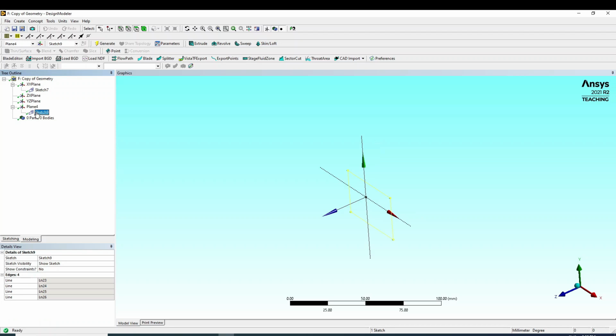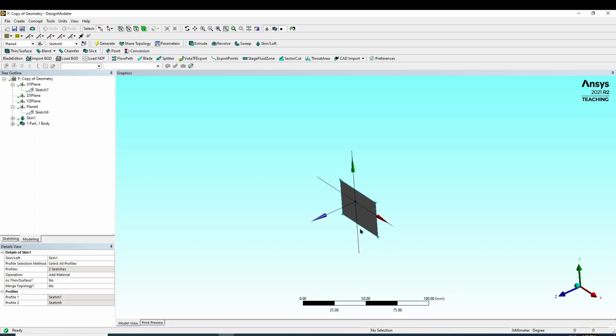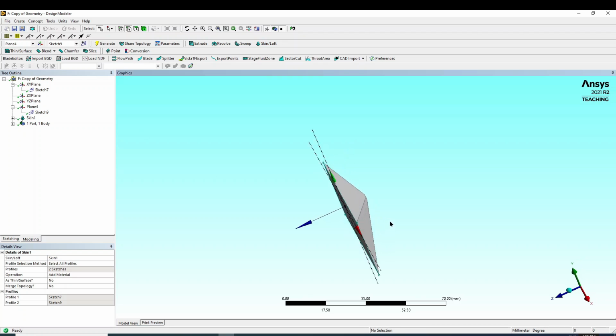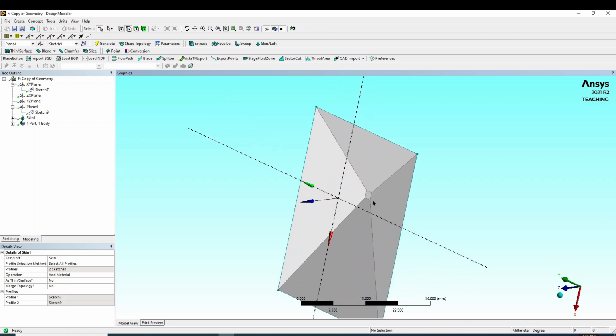Now, I want to create the body between the 2 faces. For that, I will go for the skin option. I have to select both the sketches, this one and this one. Apply and generate. Can you see here? Previously it was having this section.